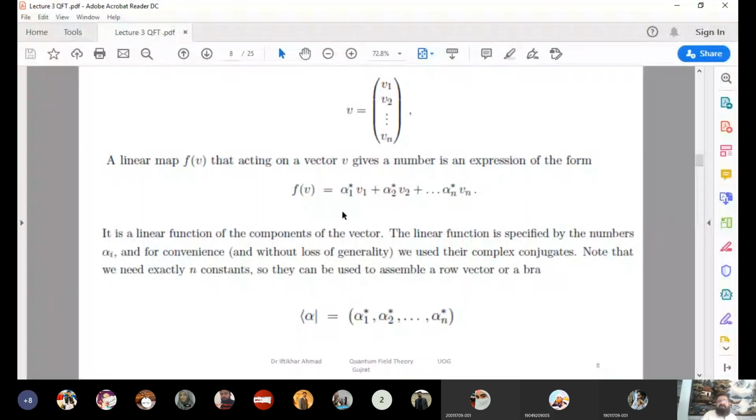In the previous slide, I already told you that when we take the inner product of vectors A and B, with the star of A's elements in the form of a row vector and B in the form of a column vector, you get only one number. So we are representing the inner product as a linear mapping f of v. Okay, remember this? It is a linear function of the components of the vector. So the linear function is specified